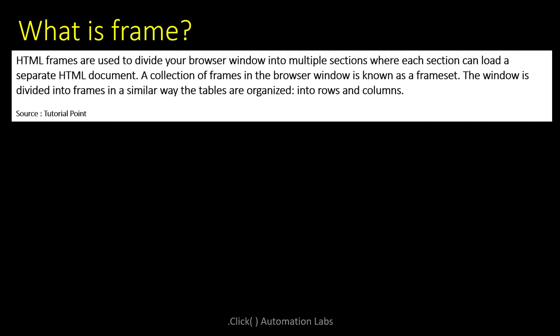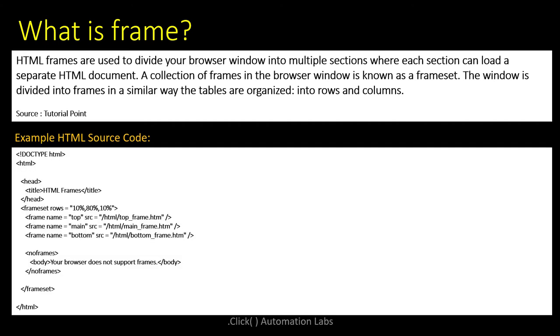In that case we will call it a frame set. One frame set can have multiple frames. Frame 1, frame 2, frame 3 are part of one frame set. This is similar to how you divide your page into rows and columns. Like web pages, when you represent data, you represent it in the form of rows and columns to represent it in a better way. Similarly, the web page will be divided into various frames to represent it in a beautiful manner.